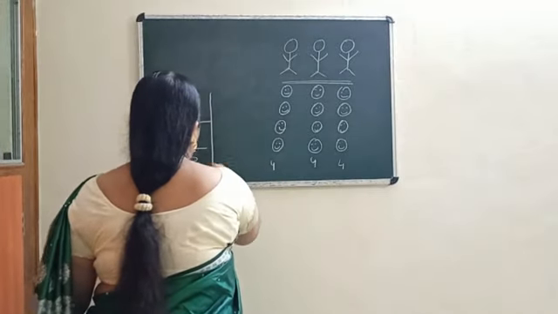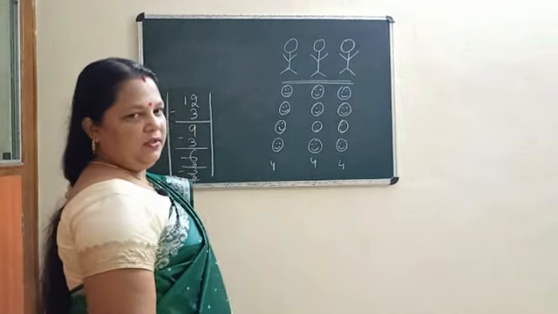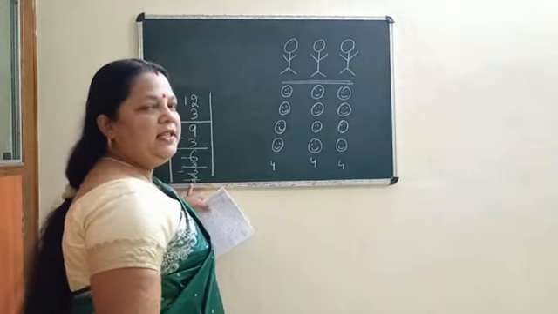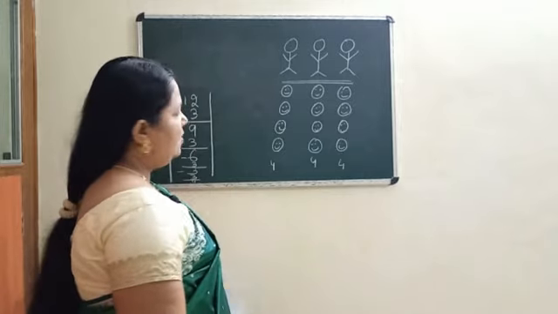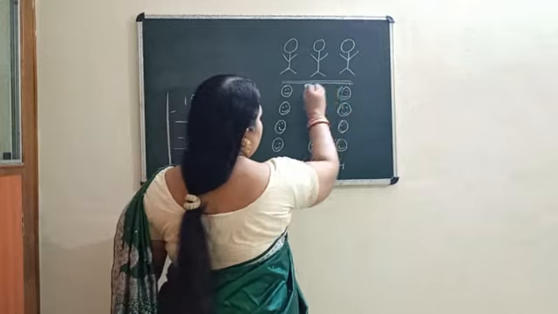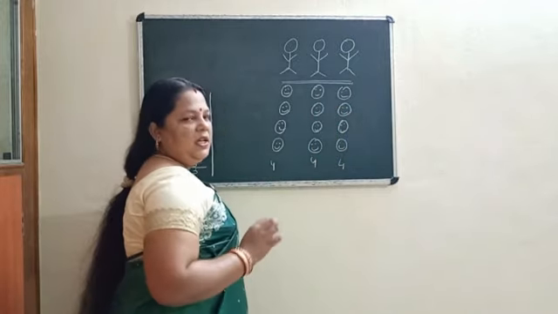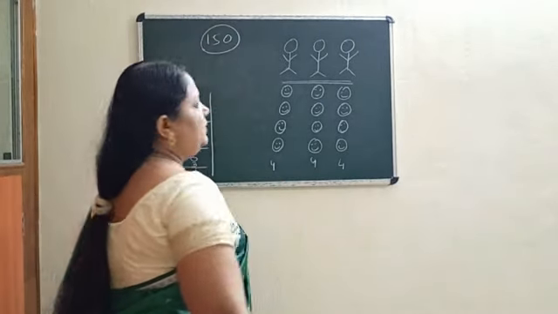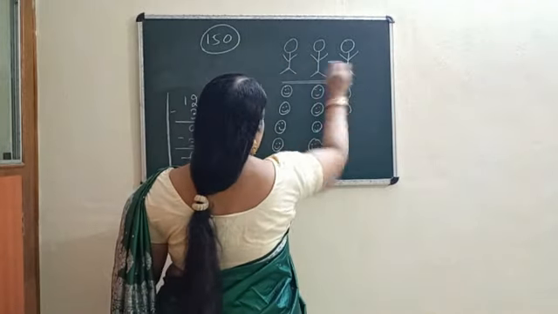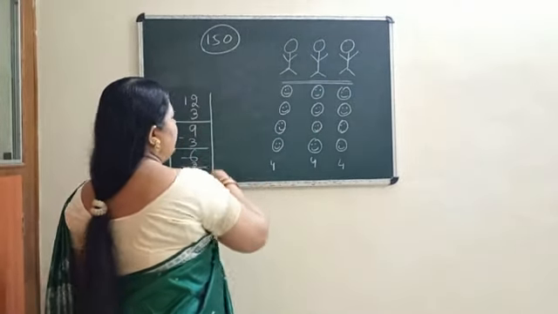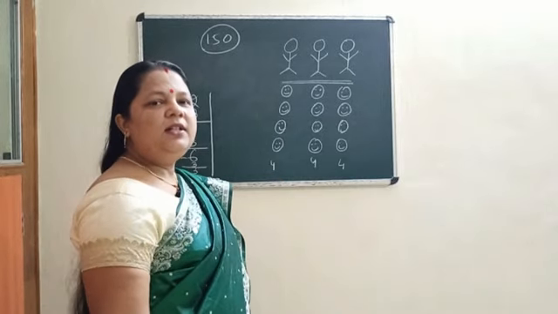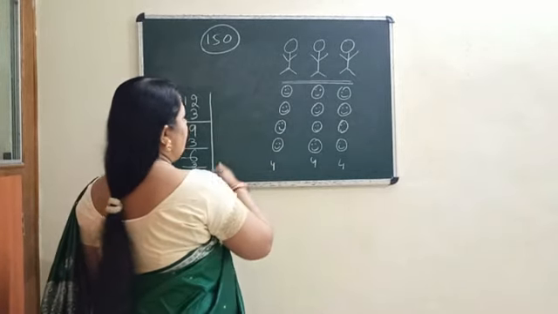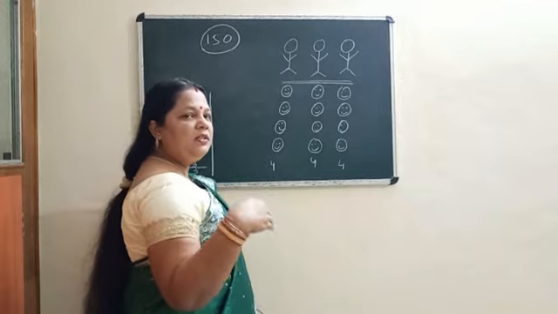If we follow this process of subtraction, this is also a right answer. After sharing it equally, nothing is left with us. We are getting 0 here. Yes or no? Suppose in place of 12 stickers the amount is more, suppose 150 stickers are there, and we share it between 3 students. If we follow this subtraction process, it will take a long time, because this is a lengthy process. So it is not possible to subtract for such a long time.